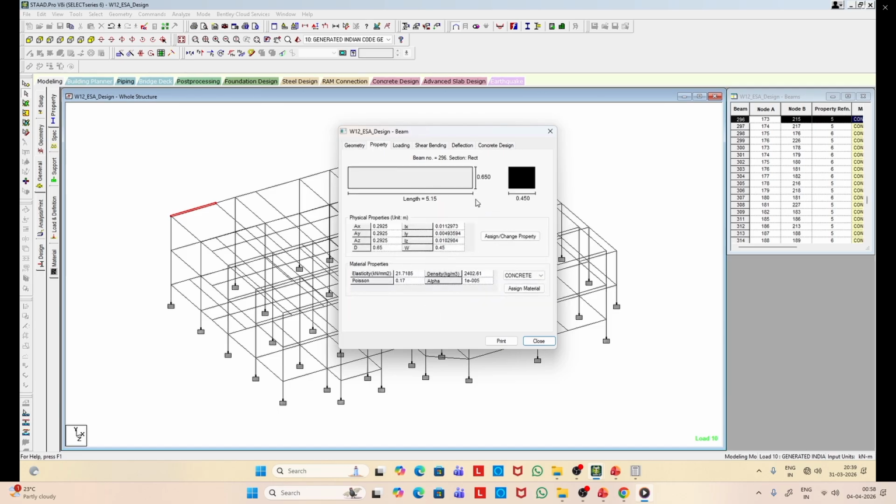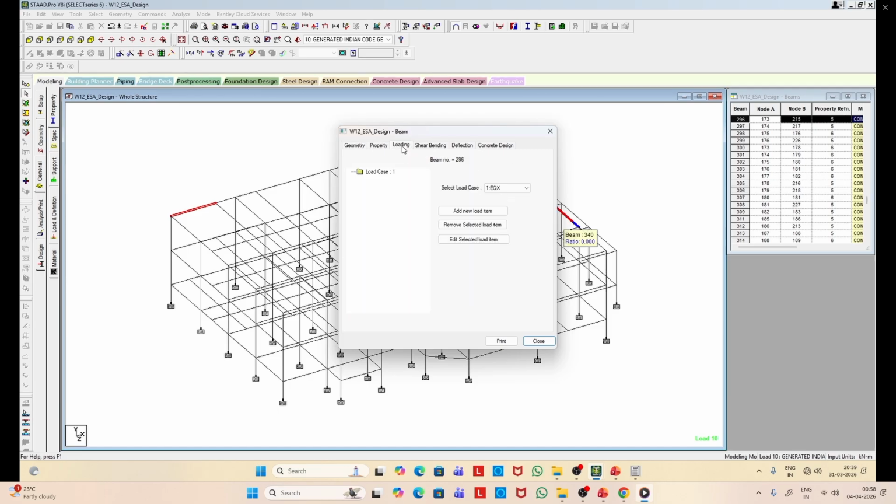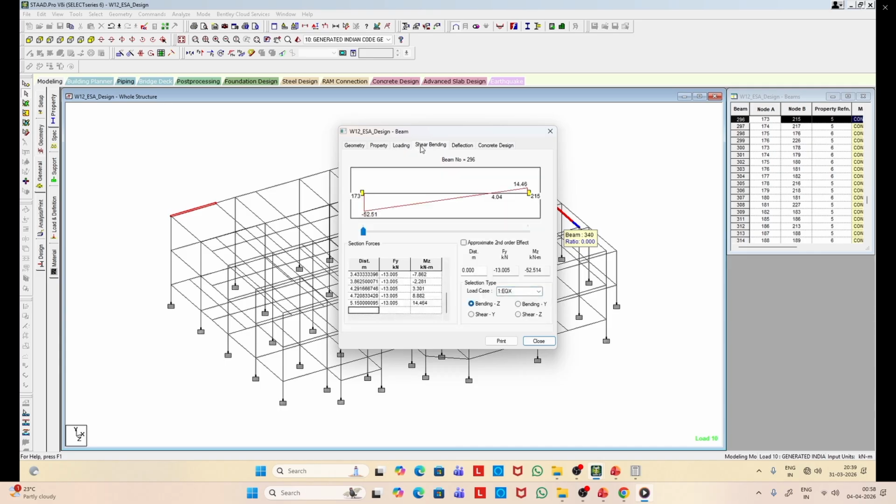Now for each and every member, complete details are given here. Here are the different major load cases that we have combined with appropriate load factors. Then the response, if you slide this, you can actually change the value of, see the change in value of fx and f and m over the length of the member.